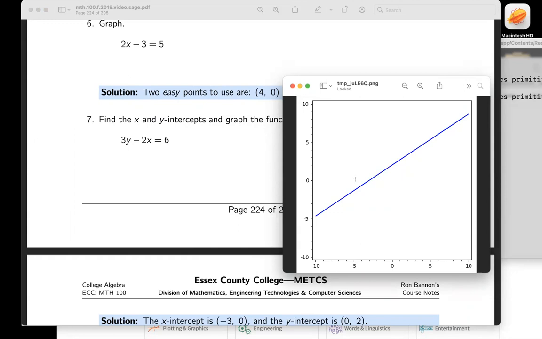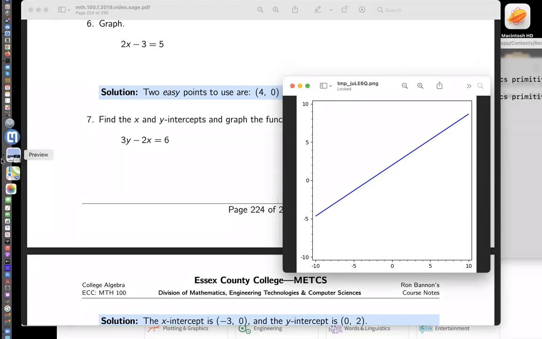How do I know that? I'm looking at the 0 there and the 0 here. So the origin's over here somewhere. And the question is, what line did they graph out? This line over here. What line are we talking about? 3y minus 2x equals 6. Here's the deal though. You're expected to graph these by hand, right? I'm going to go to one other application, which I actually like better,